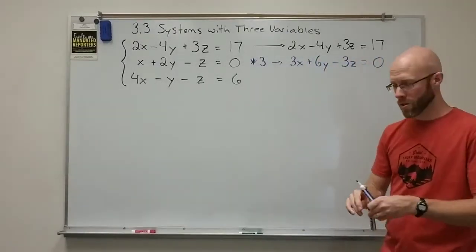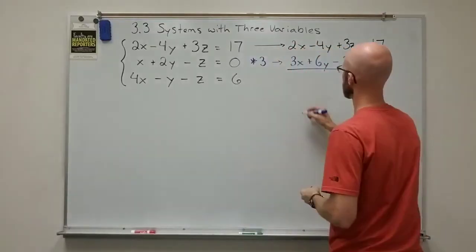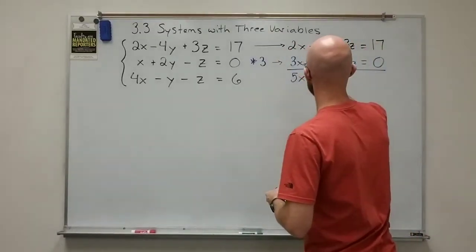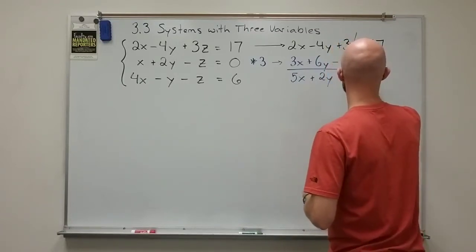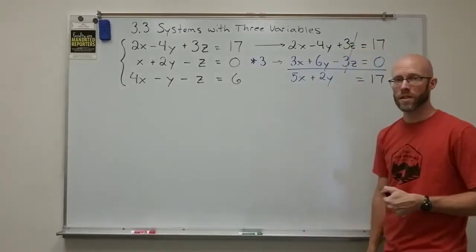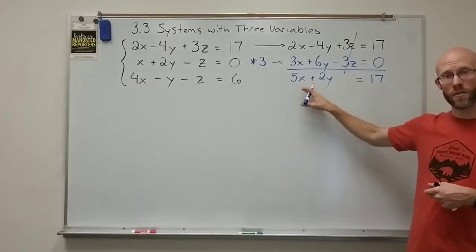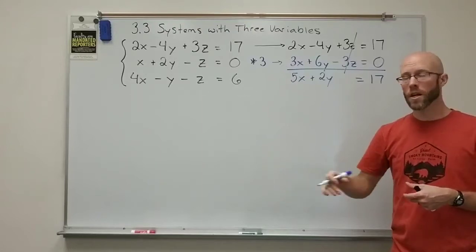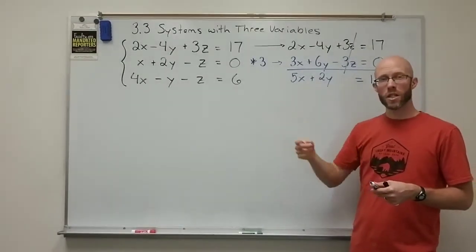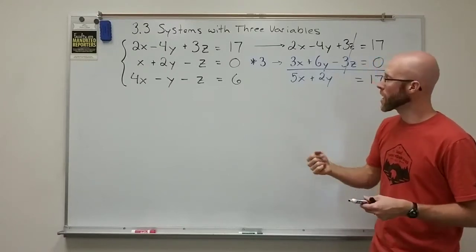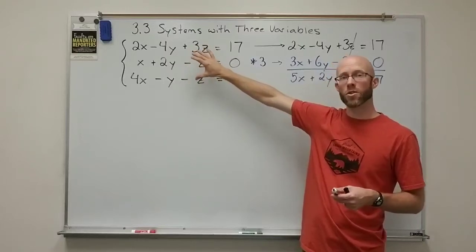And when I add those together, term by term, I get 5x plus 2y, the z's are gone, equals 17. Okay? So now I have an equation that has two variables. I've eliminated one variable. The problem is, in order to solve an equation with two variables, I actually need a second one. And to do that, I'm going to mix a different combination of these